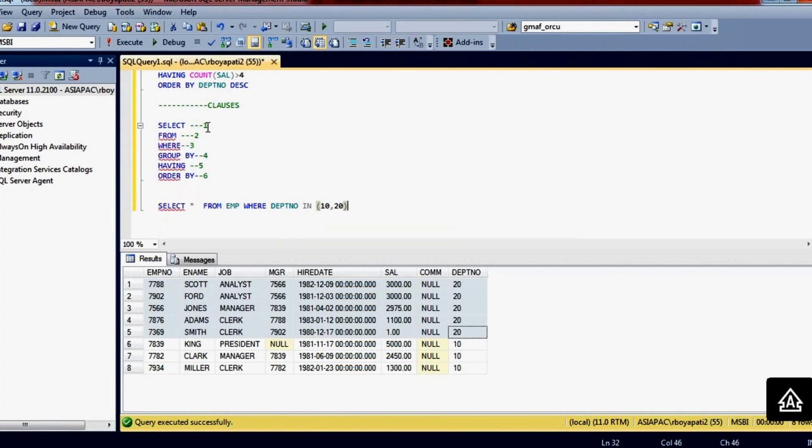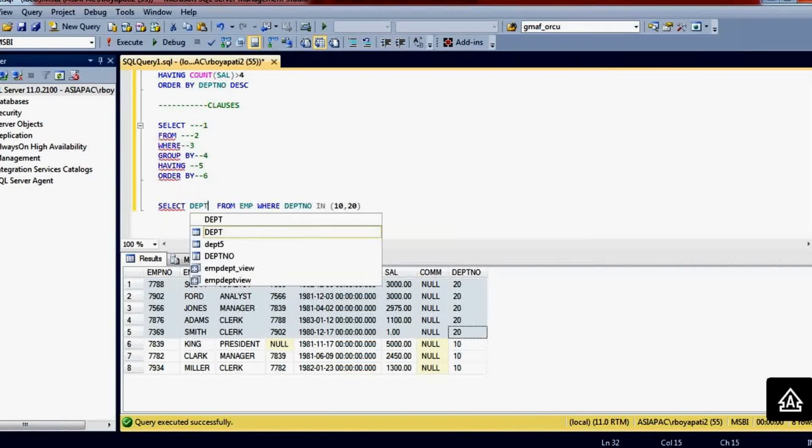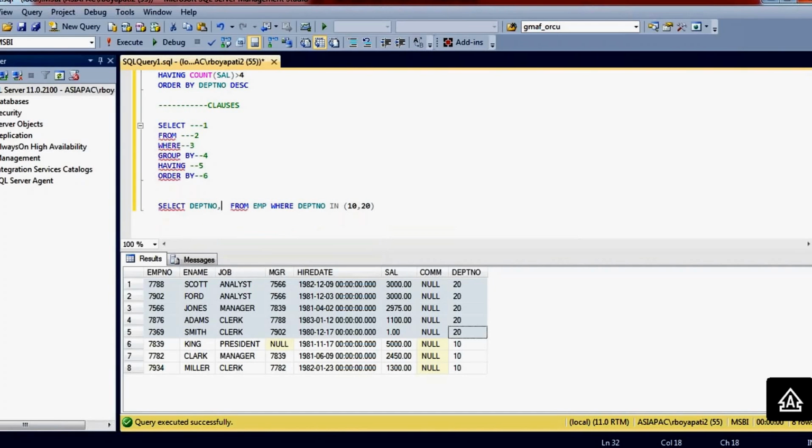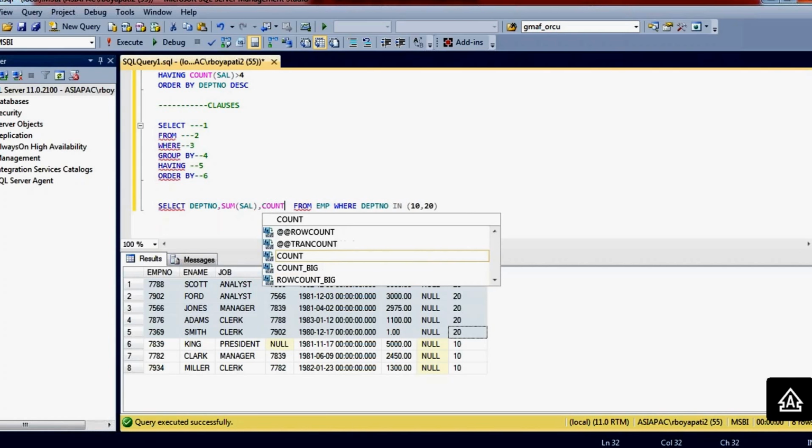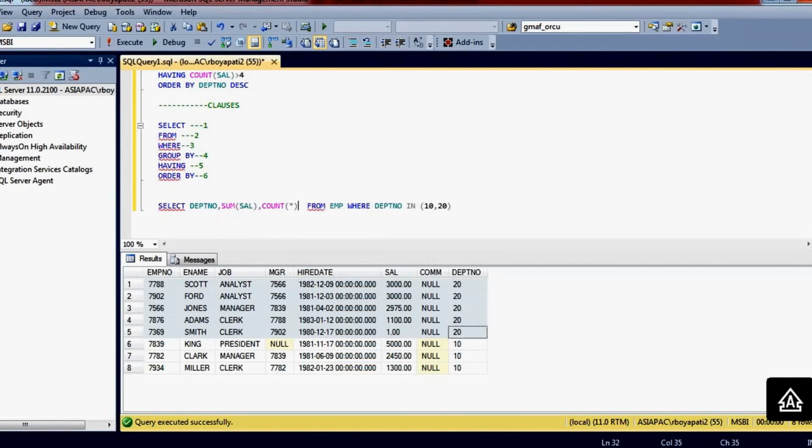So I'm filtering the data. Then after, if you want to apply any grouping, I'm going to write department number, sum of salary, count of employees. These are enough for me.